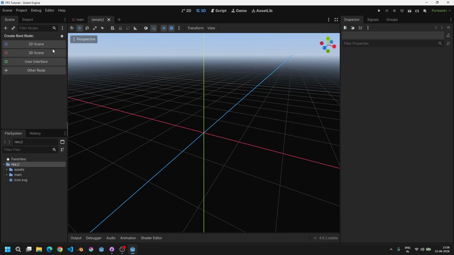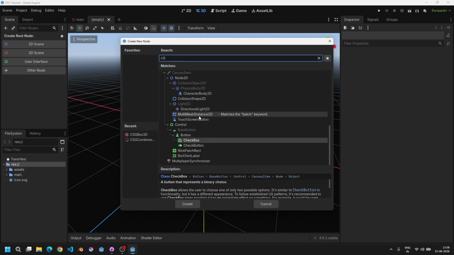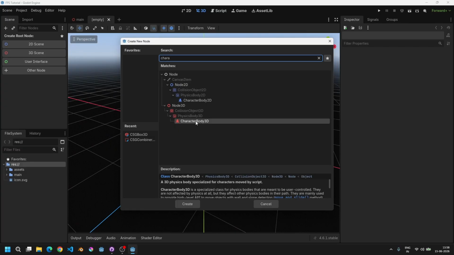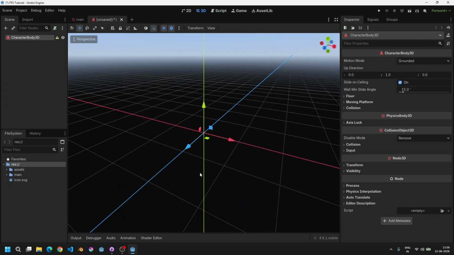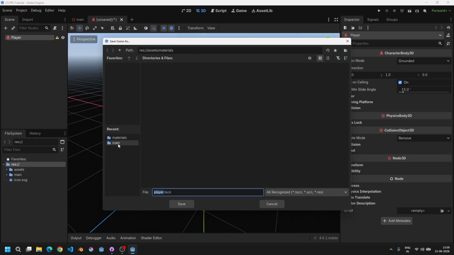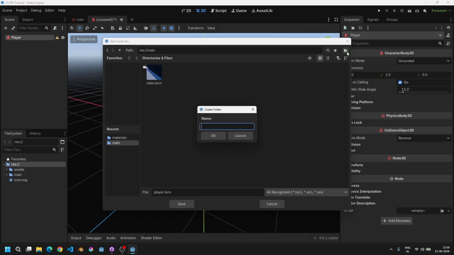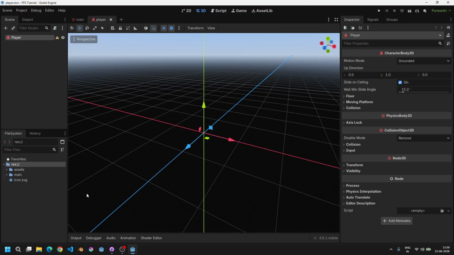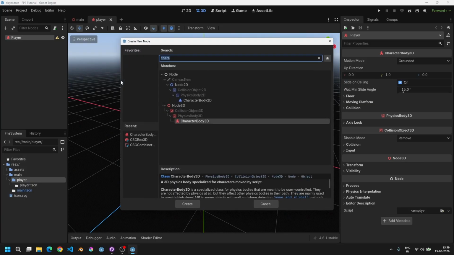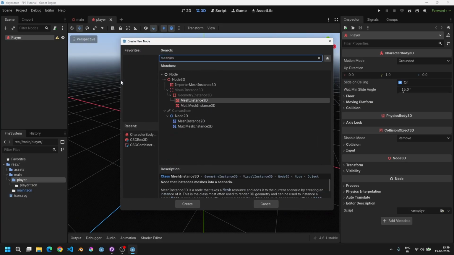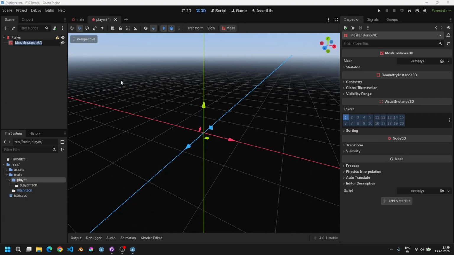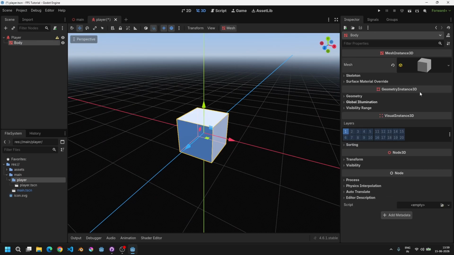So I will open a new tab and have CharacterBody3D as the main node, and let's rename it to Player and save it inside of our main folder. I will create a player subfolder and save the scene over here, and let's add a MeshInstance3D. This is for visual purposes, and let's have a box mesh,